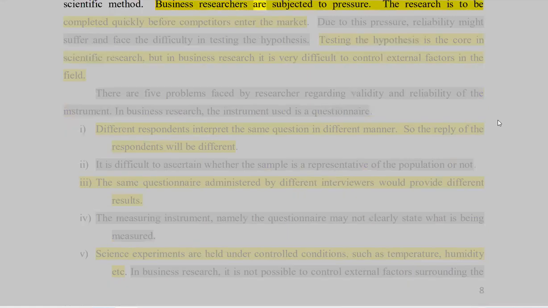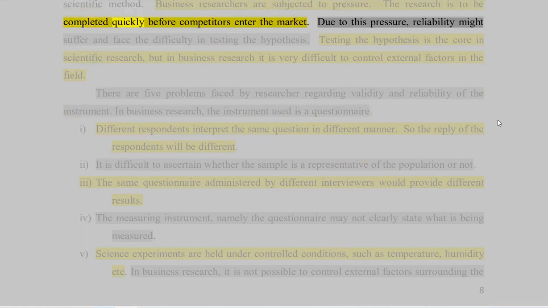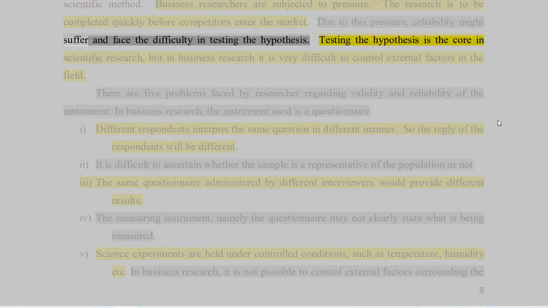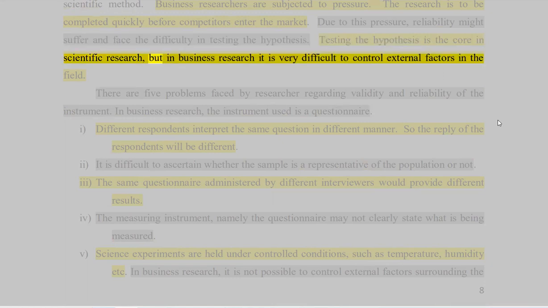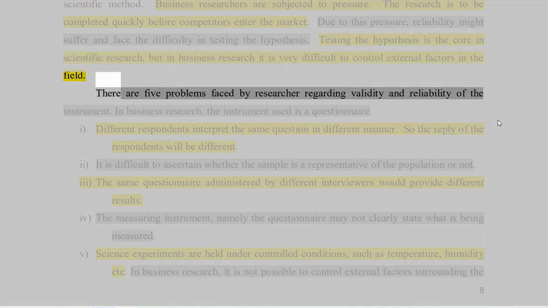Business researchers are subjected to pressure. The research is to be completed quickly before competitors enter the market. Due to this pressure, reliability might suffer and they face difficulty in testing the hypothesis. Testing the hypothesis is the core of scientific research, but in business research it is very difficult to control external factors in the field. There are 5 problems faced by researchers regarding validity and reliability of the